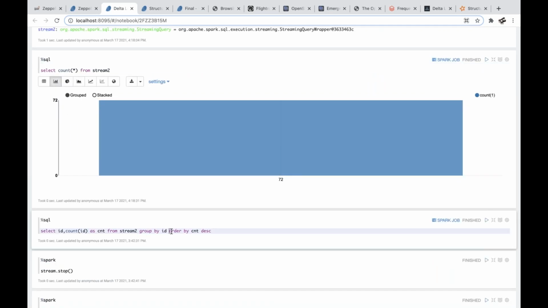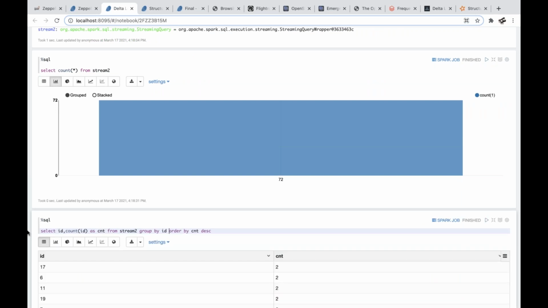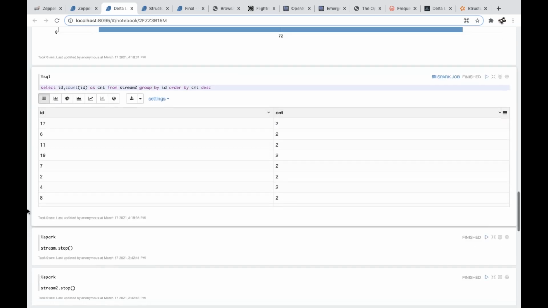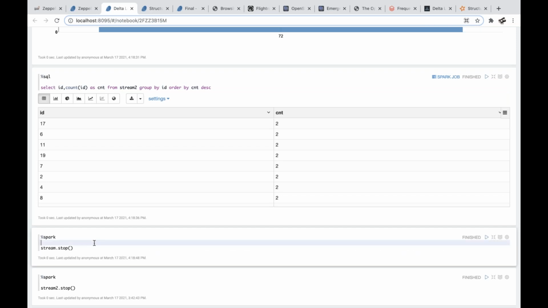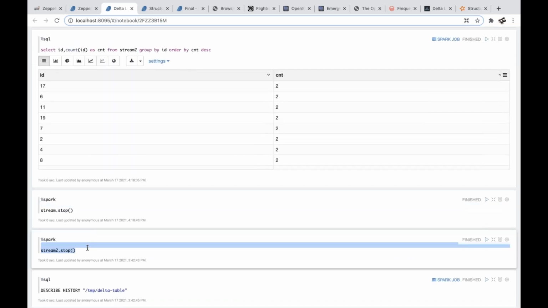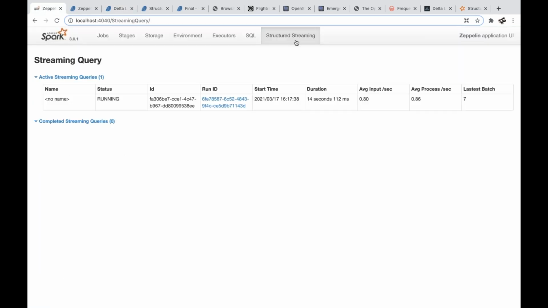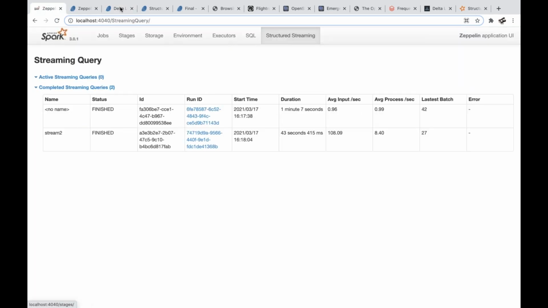But how is it growing? Let's see. I am getting an ID and count, grouping, and ordering by count. So basically, we have 17 two times. Okay, let's stop the streaming part because we will circle back to this one in the next slides. Let's stop it, and as you can see, everything just stopped.